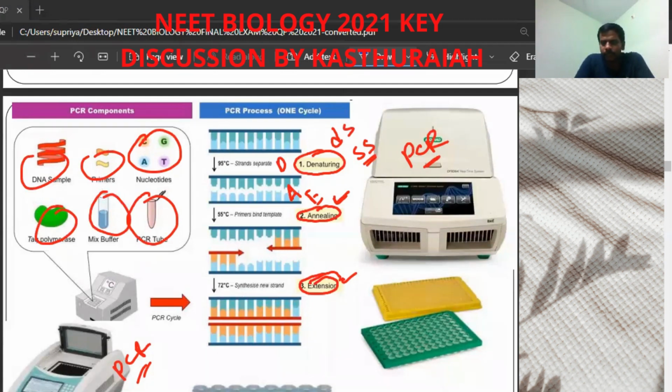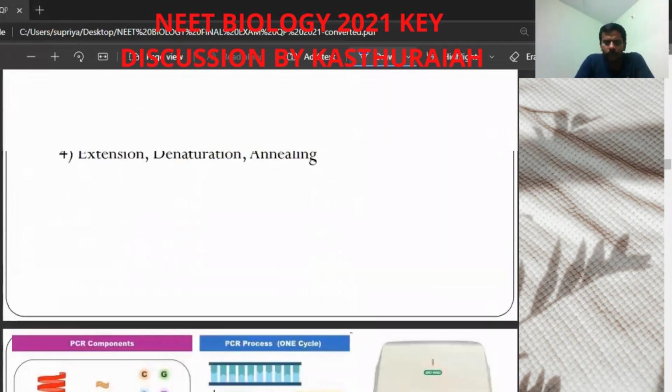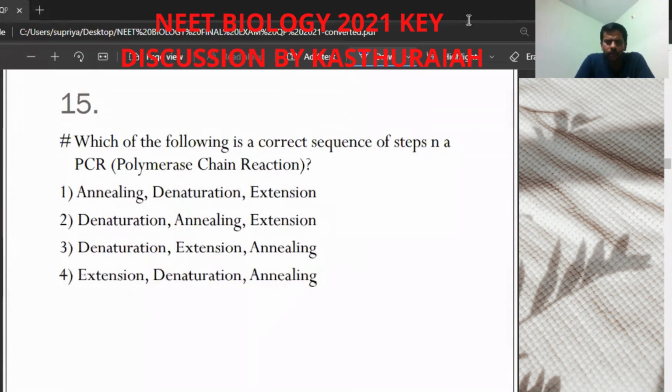Now see the question. See here, the first step is denaturation. Double-stranded DNA becomes single-stranded. The second step is primer binding, annealing. Then the next step is elongation of the